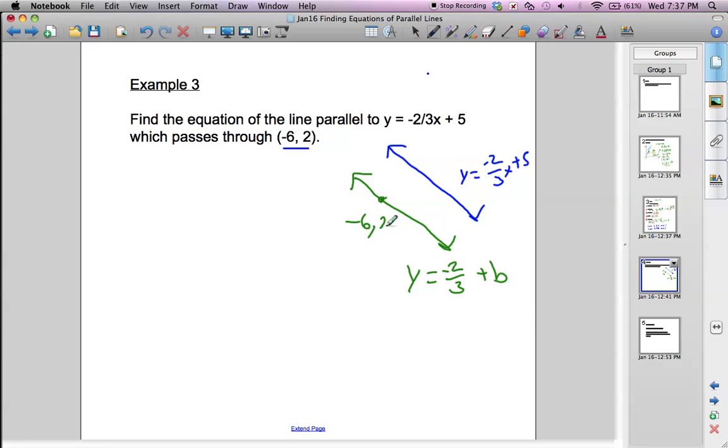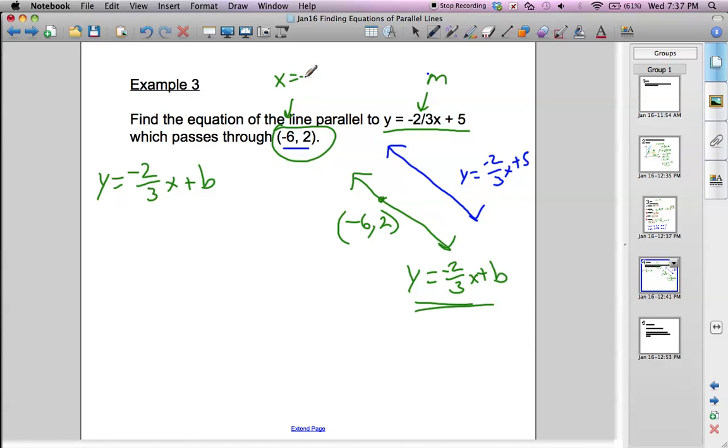negative 6, 2. The reason this line is given in the question is because it gives you the slope of the line that's parallel, the one that we're looking for. So we can start with the equation y equals negative 2/3 x plus b, and substitute in this point. For that point, x equals negative 6 and the y value is 2. We'll sub that into the equation: 2 equals negative 2/3 times negative 6 plus b,